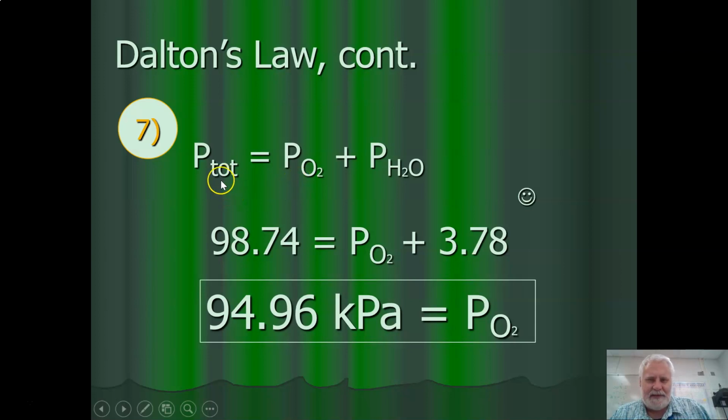It didn't exactly equal the pressure of the air. You had to get that water out of there and say, well, we know it's 3.78, so I can just subtract that out, and the partial pressure of oxygen is 94.96